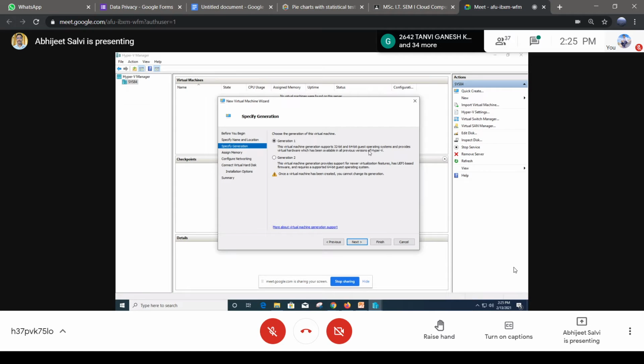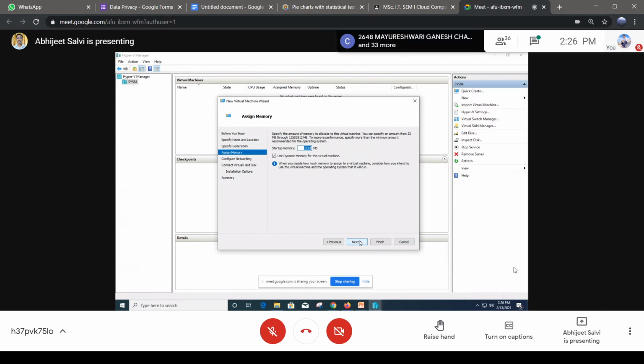So for Windows 7, we'd like to give freedom to the user, right? So either go for 32-bit or 64-bit. But if you'd like to install Ubuntu, that is 64-bit, or if you'd like to install Windows 10, then we have to select Generation 2. Okay. Then after this, we just follow Next.